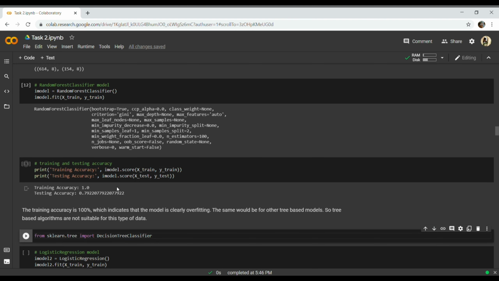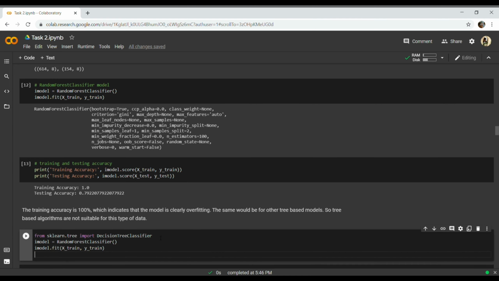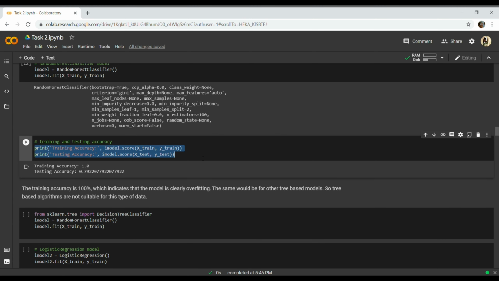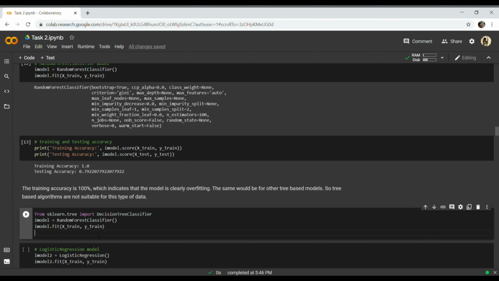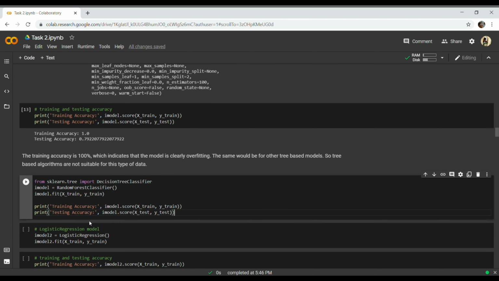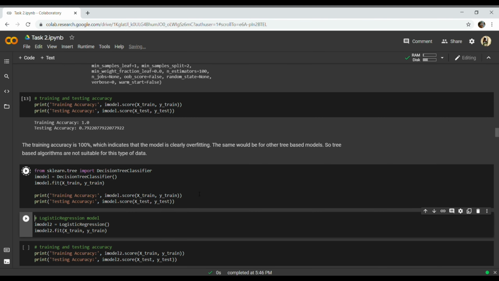So here we are using the decision tree classifier. Let's copy this piece of code and paste here, and then this code also. We'll keep the coding part minimum. Yes, except we need to replace this random forest classifier with decision tree classifier.